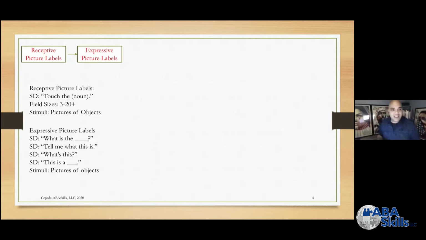So no, you say, hey, what is the blank? Tell me what this is. What's this? This is... and your learner should be responding appropriately, because anything else you can think of that would signal to them that they're supposed to label the item, throw that in there too. Because instead of having to teach one specific SD, what's this? And then you have to generalize to all the other ones, just day one, throw them all out there,